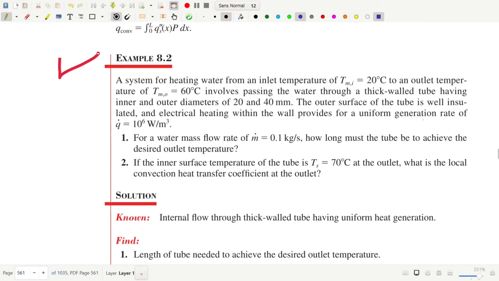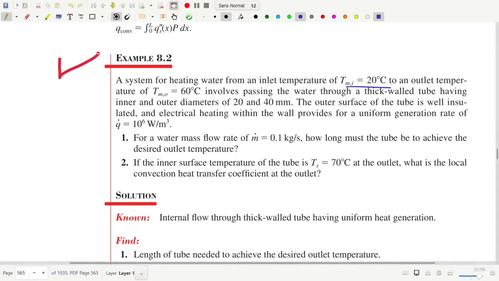So you have a system for heating water. The water is entering a pipe at a temperature of 20 degrees centigrade. Now remember, this temperature that we're talking about is the mean temperature of the water in that pipe at the inlet cross section, and the water exits at a temperature of 60 degrees centigrade. Okay, so in this heating arrangement that we have, it involves the passing of the water through a thick walled tube